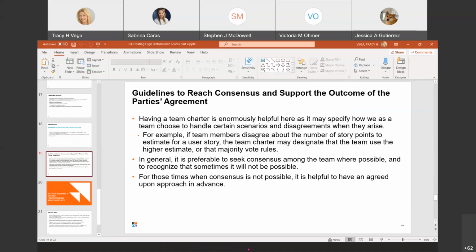Pop back over there. Tracy, I have a question about this slide, the guideline to reach consensus, the one that's currently being shown. Yes. And I confess I don't remember where I read this at this point, but is this where you get into things like majority rules if there's no consensus, or a plurality, that kind of stuff?